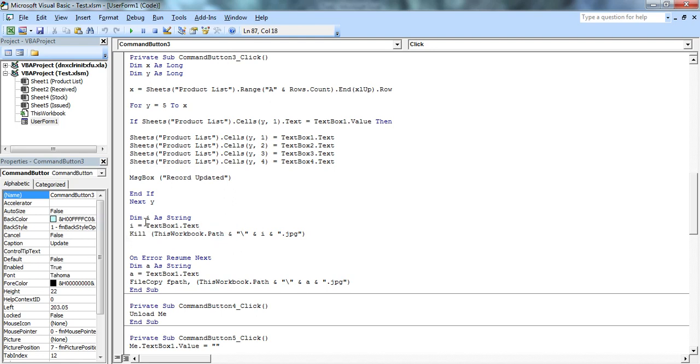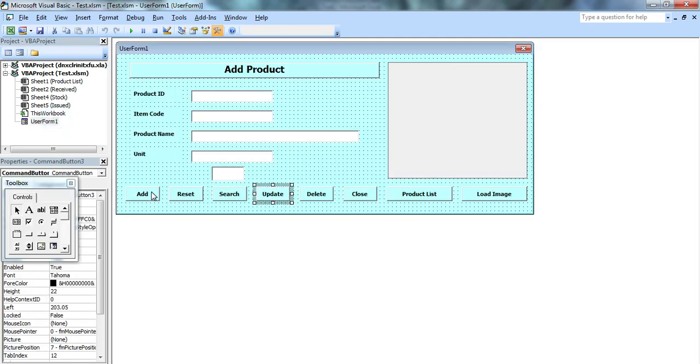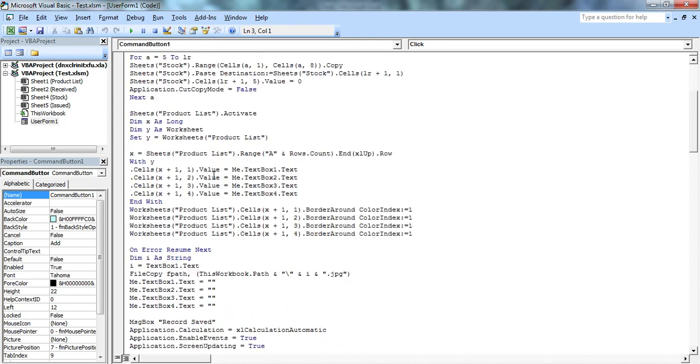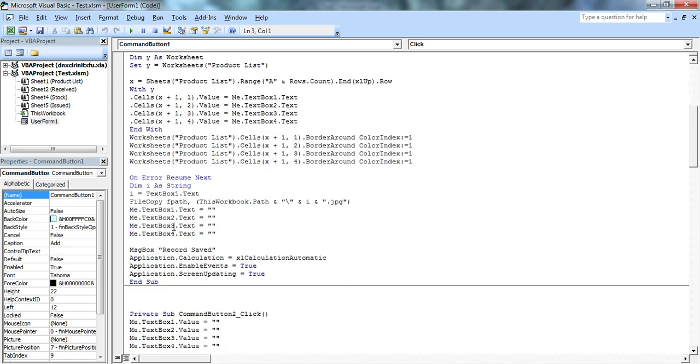So for that we'll use Kill, this workbook dot path. And after deleting this, we will use the same code which we have used in our add button. As you can see here, while adding the picture, we use this line of code.